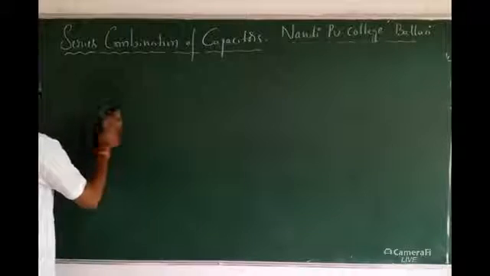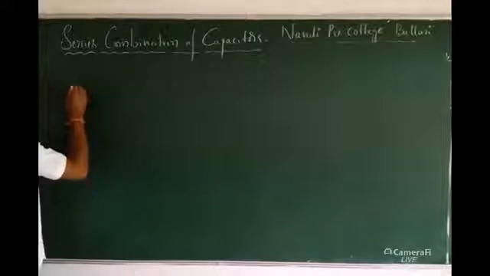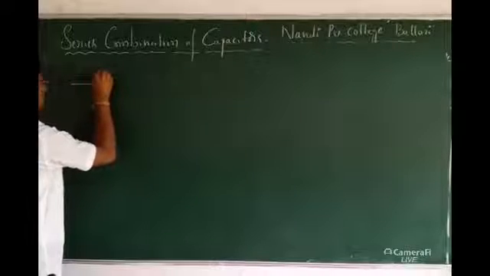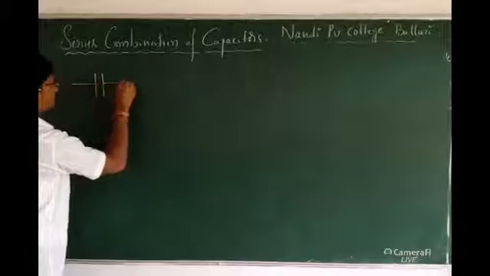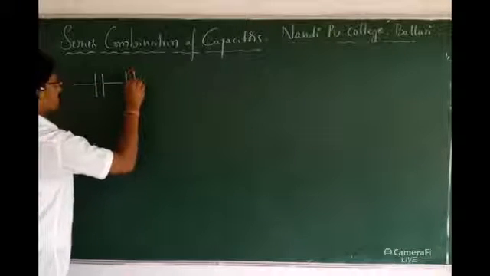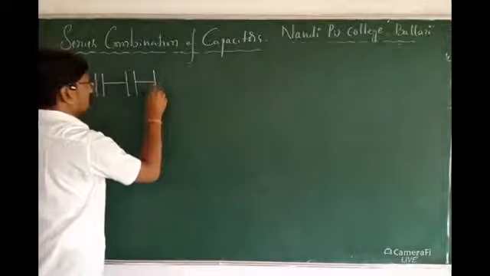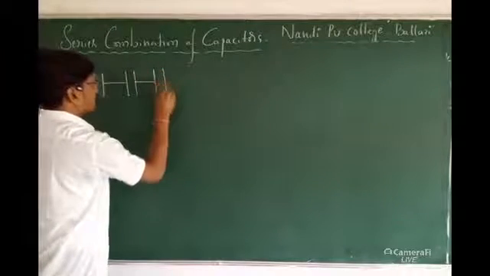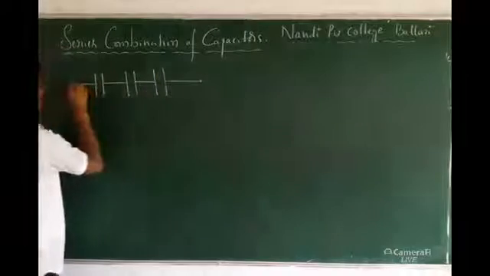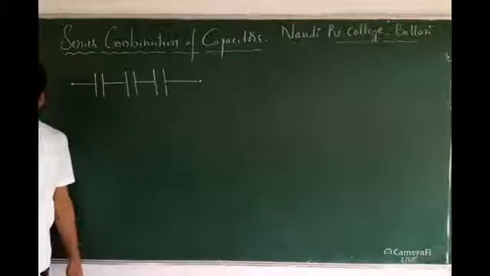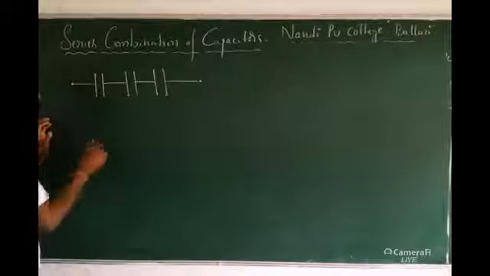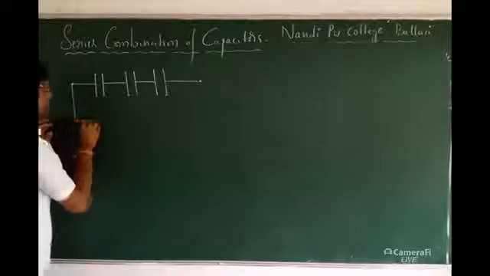So our concept is the series combination of capacitors. Let us consider 3 capacitors. This is the first capacitor. This is the second capacitor. You know how to combine them. It's the easiest diagram, and you can easily catch 1 mark in the exam. For every rough diagram you have 1 mark. How many capacitors are there? 3 capacitors. These 3 capacitors we have to connect with an external potential.